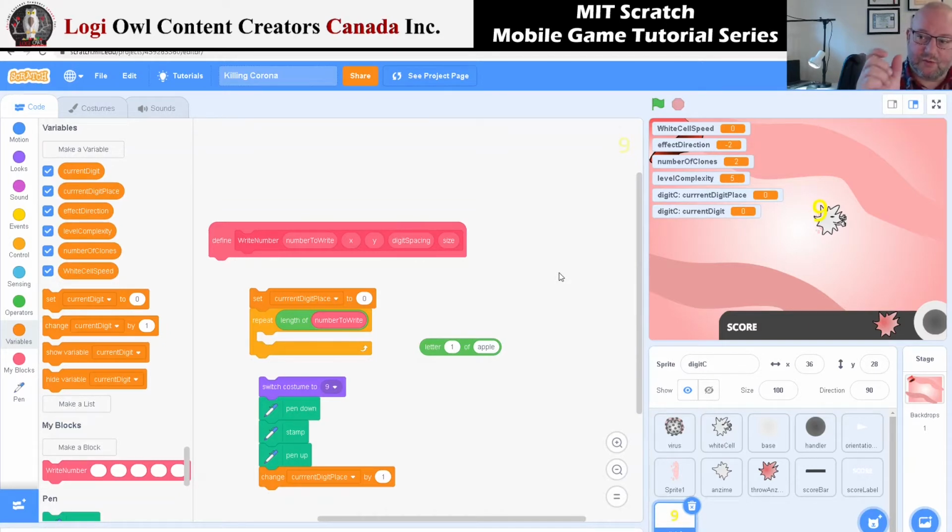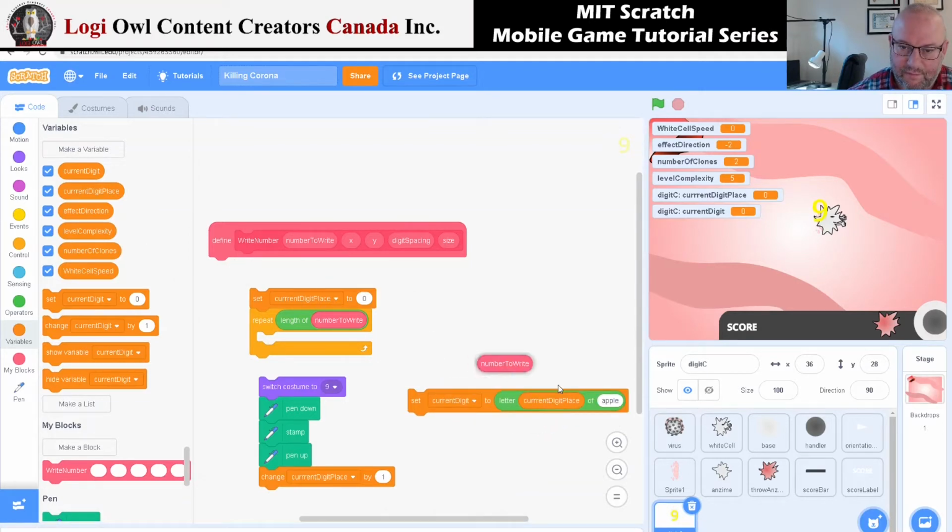The place is which digit in the number itself, like the first, the second, the third, etc. But the current digit is the number itself inside that space. Okay, so we will be using that, and we will set that to 0, I'm sorry, we cannot set that to 0. This will be set current digit to the letter number current digit place